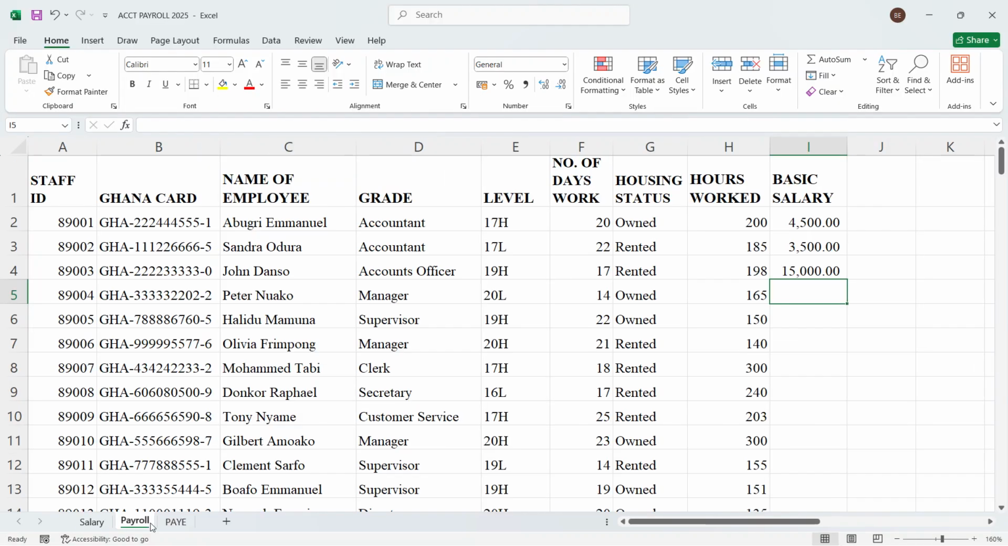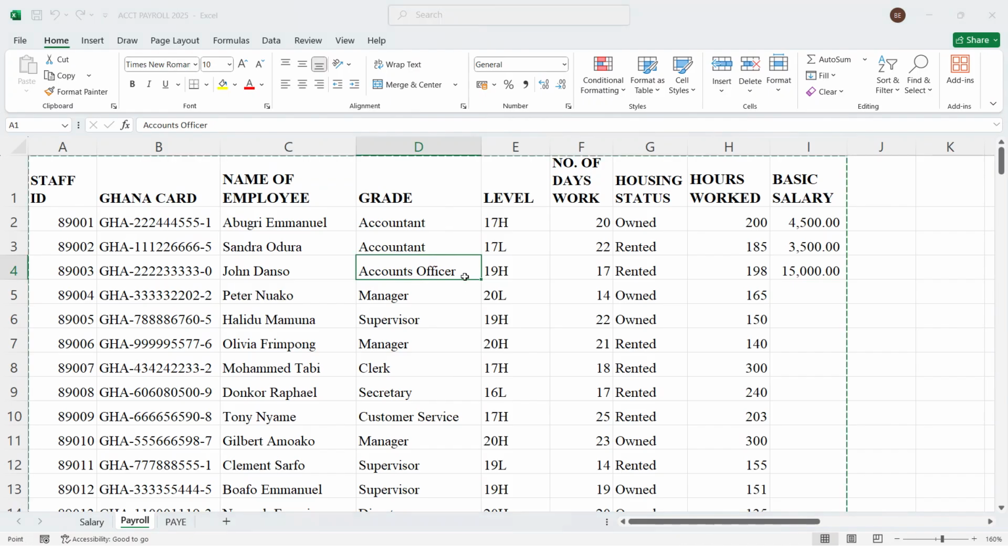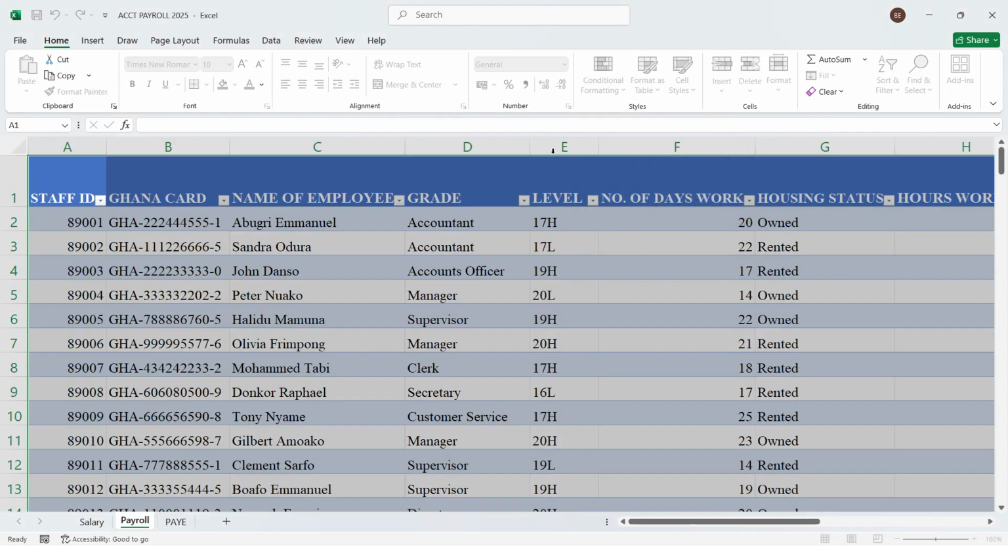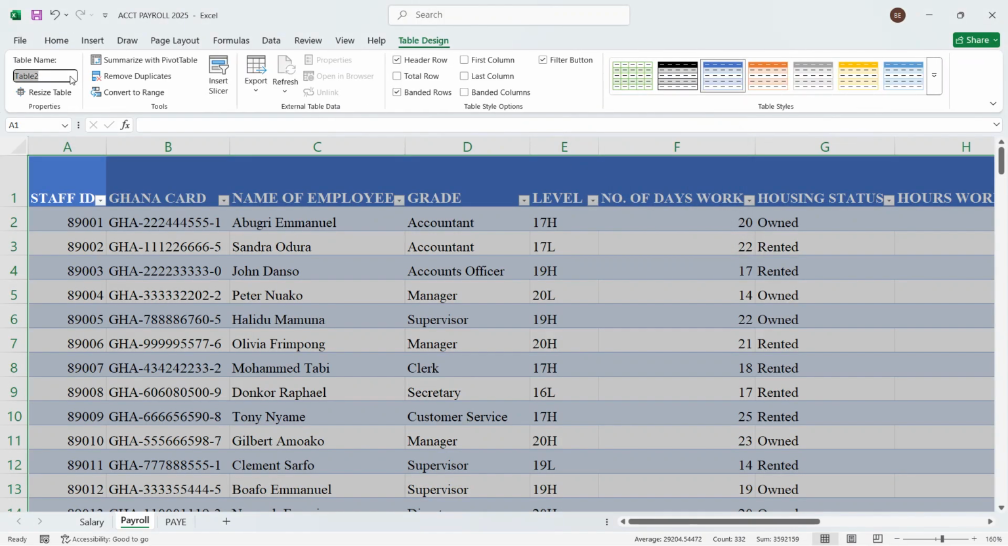Then I will select the payroll sheet. Then I'll also insert a table for it. You select a cell and then Control T. Then you name it payroll. So we are now coming to prepare the payroll. So as you can see it over here, it's nicely